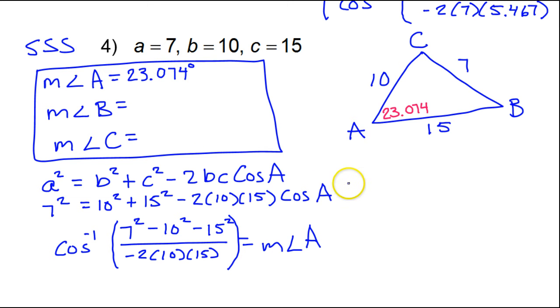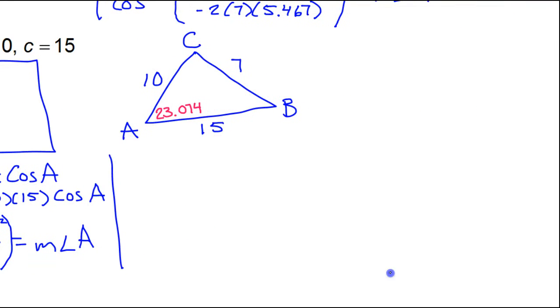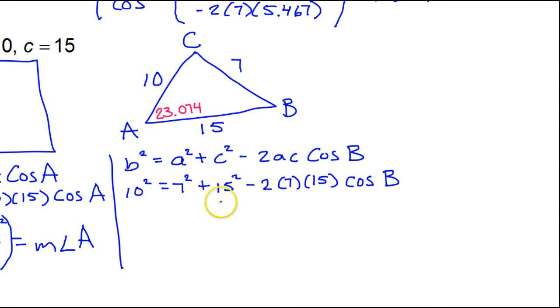degrees. So I'm just going to do the exact same thing to find the measure of angle B. But this time, since I need to find angle B, I'm going to use the version of the law of cosines that starts with B. So B squared is equal to A squared plus C squared minus 2AC cosine angle B. So that's 10 squared is equal to 7 squared plus 15 squared minus 2 times 7 times 15 cosine of